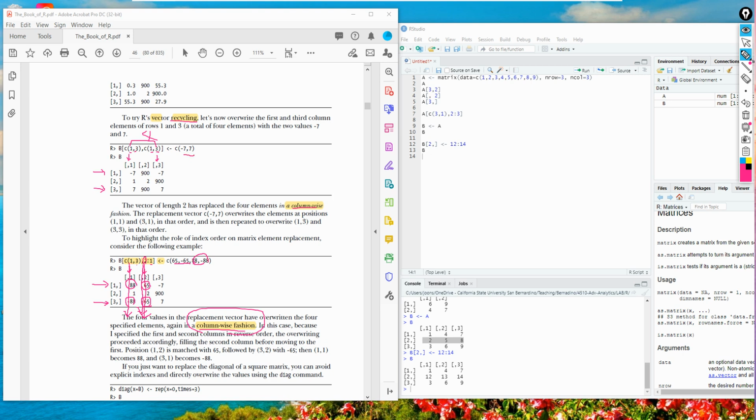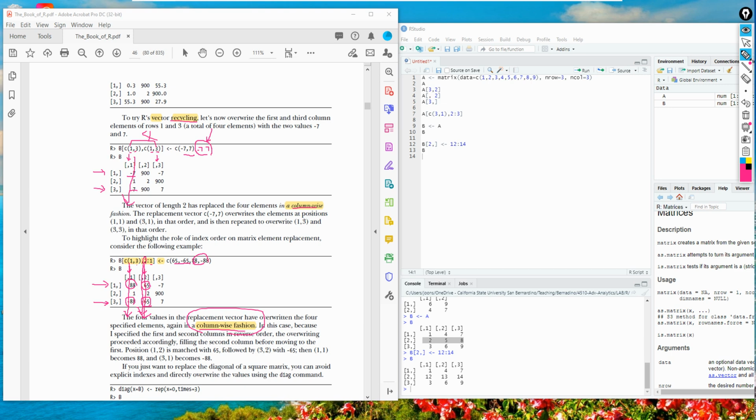So remember the recycling concept. Basically, you have to assume that there's another minus 7 and then another 7. So this is the recycling. But it has to be done in a columnized fashion. So first minus 7 and 7, columnized fashion, and then this will be used.